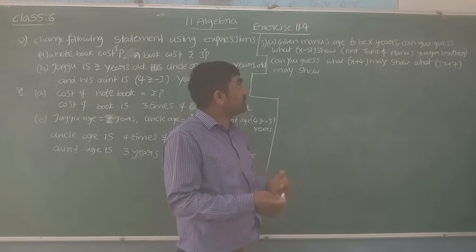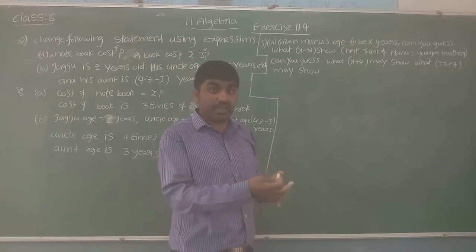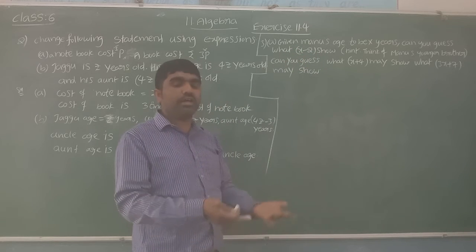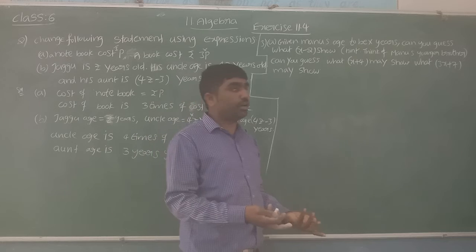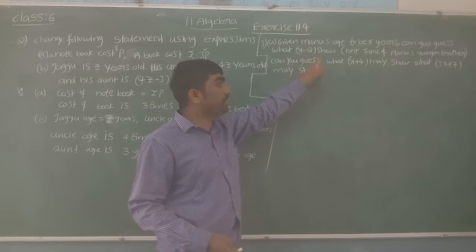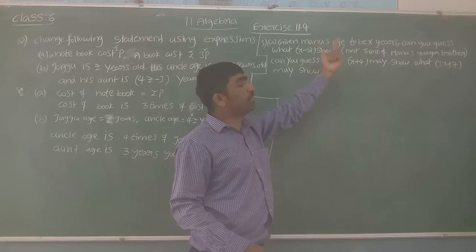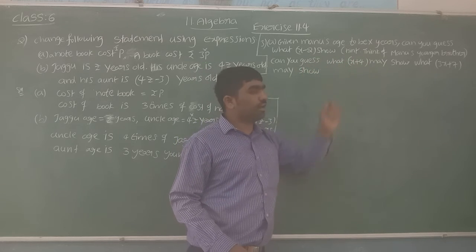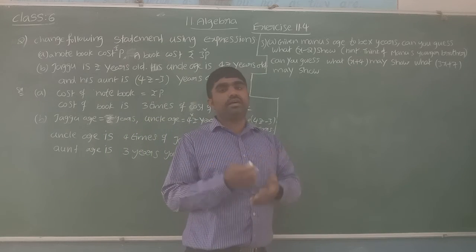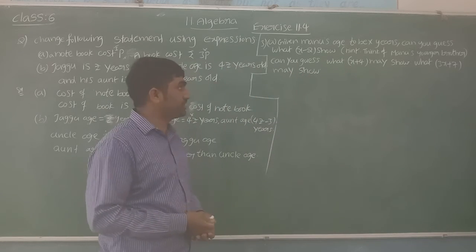Generally, whose age will be less than Manu's age? Think about Manu's younger brother. Yes, maybe his younger brother's age is 2 years less than Manu's age. Not only a younger brother, a younger sister also; the possibility is there. So here x minus 2, with x equal to 20, is 18 years, which is less than 20. So that age less than Manu's age may be her younger brother's age or younger sister's age.